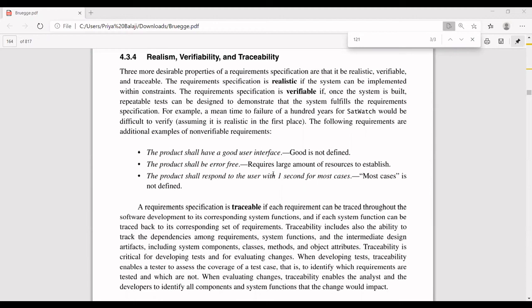Right. The last one is traceable. A requirement is traceable if each requirement can be traced throughout software development, and each system function can be traced back to the corresponding requirement. For example, if you implemented certain things, why did you implement this feature? Because of this requirement only, I implemented this feature.